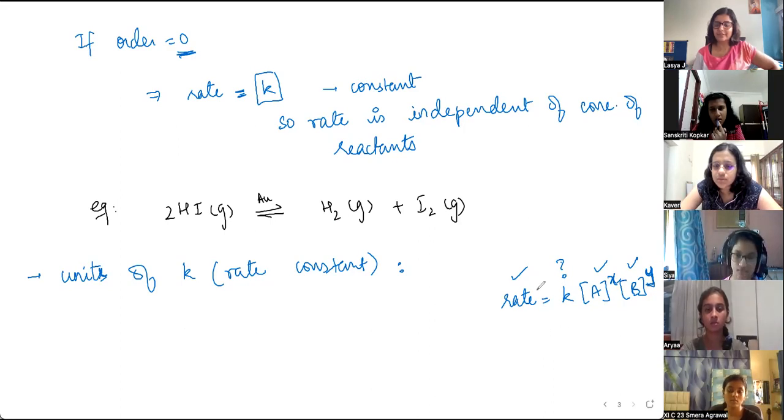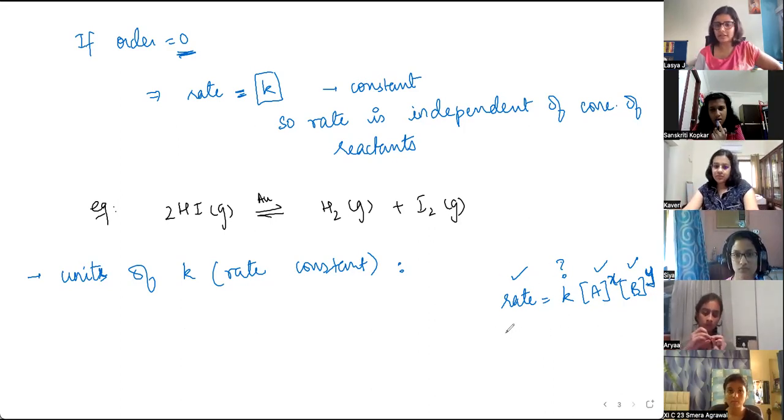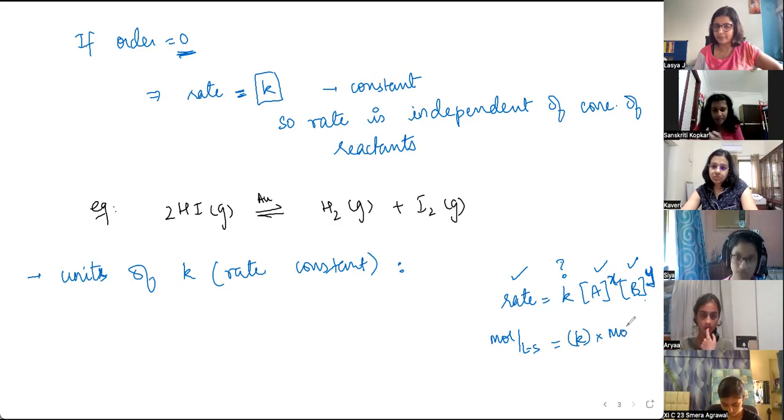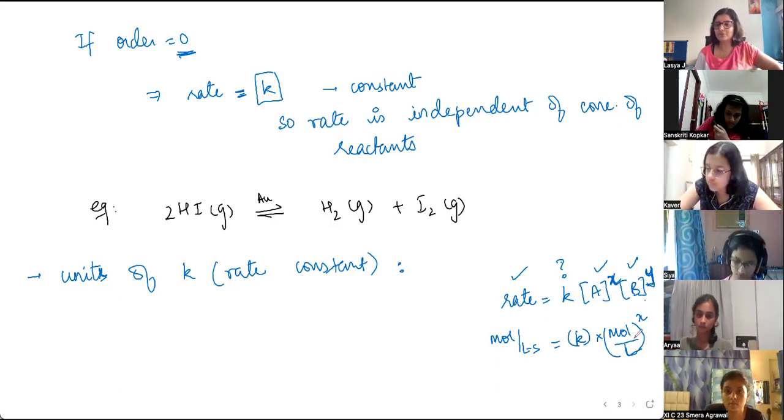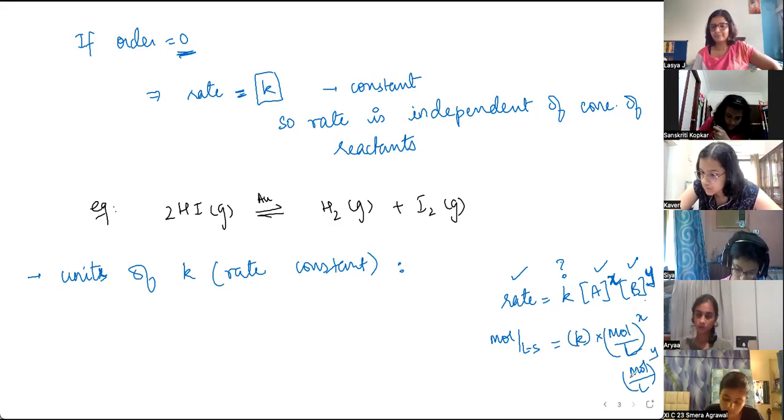So work it out mathematically. Rate ka unit kya hai? Moles per liter second. Mole per liter second is equal to K, which is what we need to find out. What would be the unit of mole per liter? But it's not just mole per liter, no? So this is raised to the power X. And similarly, B also mole per liter raised to the power Y. Okay, so by rearranging,